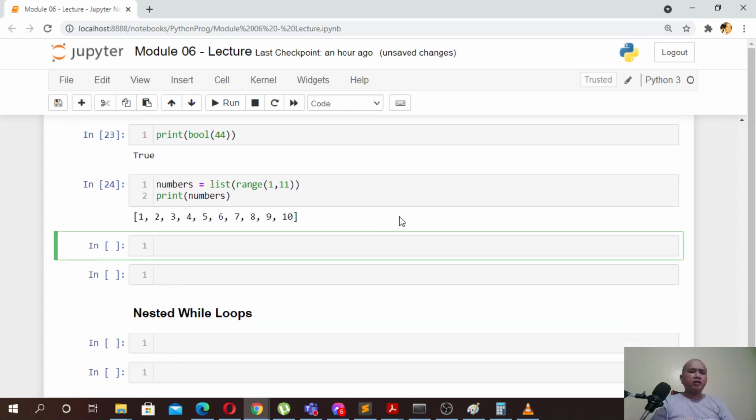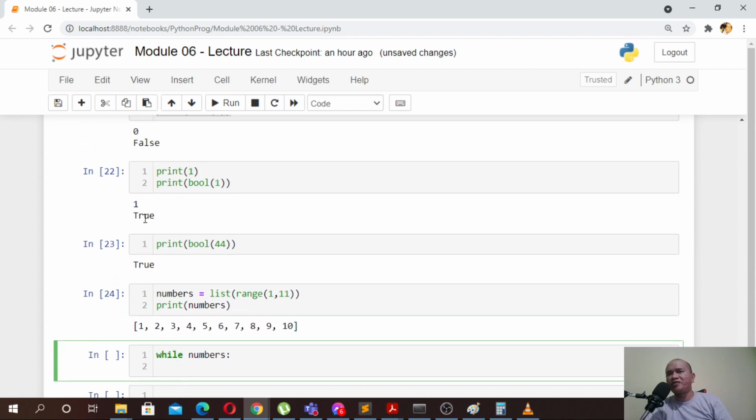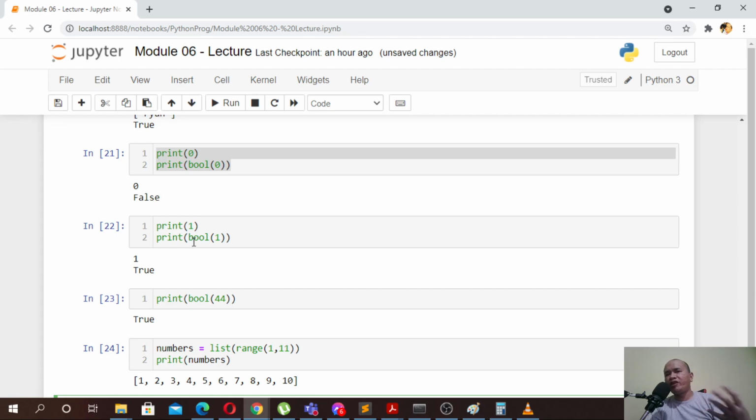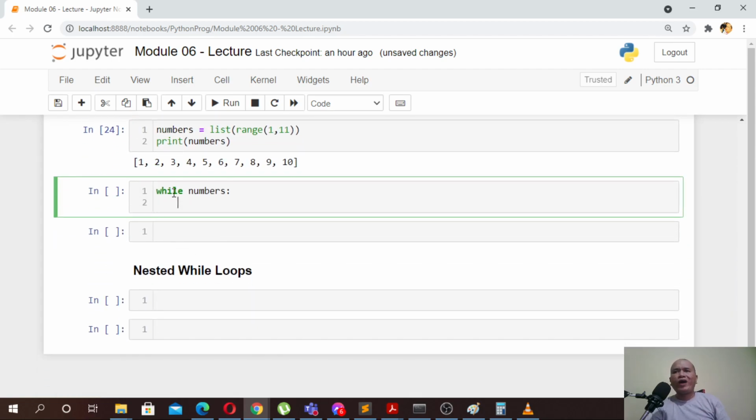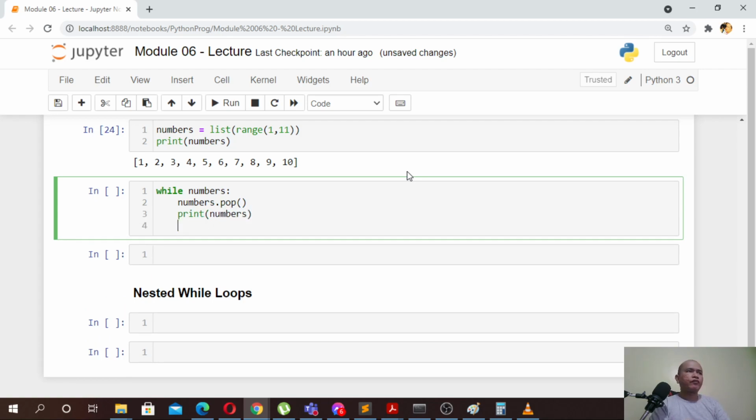And then let's say I want to remove everything one by one. While numbers, remember, my numbers is a list. So my list is not empty, so this will basically give me a value of true. Because if your list is empty, that will be evaluated to false. So while true, we have to do this: numbers.pop, and then print numbers, and print